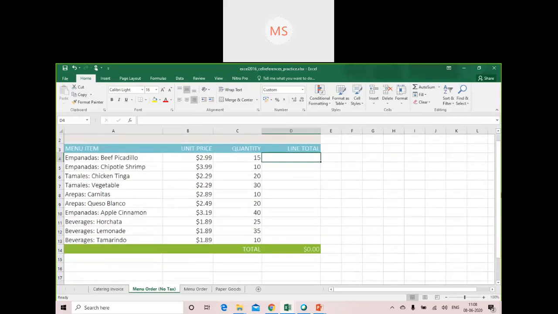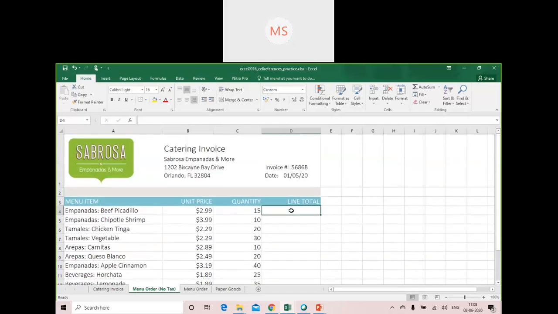Okay, now we'll see the example of absolute referencing. In absolute referencing, what happens? When I'm using cell referencing, I'm using this operation multiplied by this, and I'm doing the calculation.